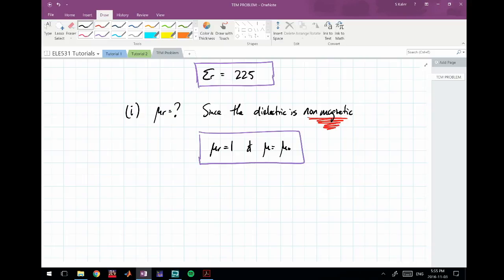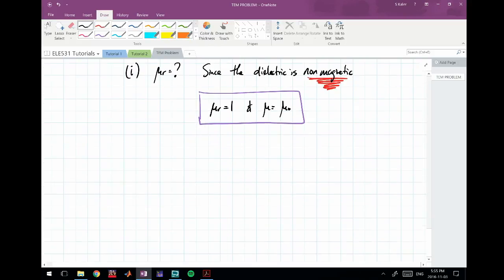Okay, and we defined that at the beginning of the problem, so it's really just asking us what we know about the problem. Now it asks us for part J,